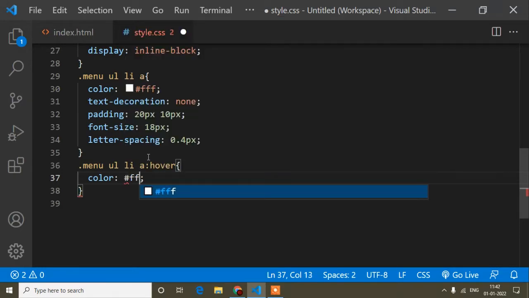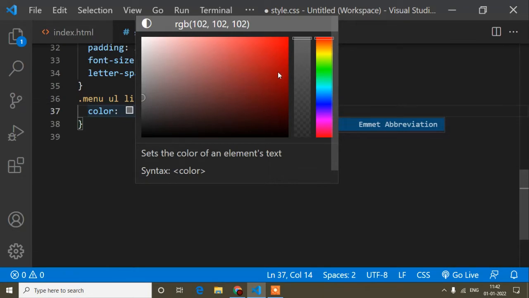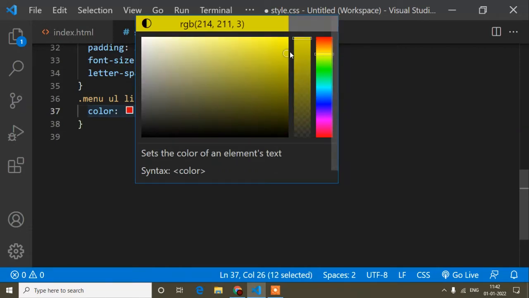Okay, so first of all, how can you do that? First of all, type any 3 letters, or any 3 numbers. First of all you can type. So here I will type this number. Okay, so now guys, after that just hover, and it will open the color panel if you are using the Visual Studio Code editor. Okay, so now from here you can choose your favorite color.